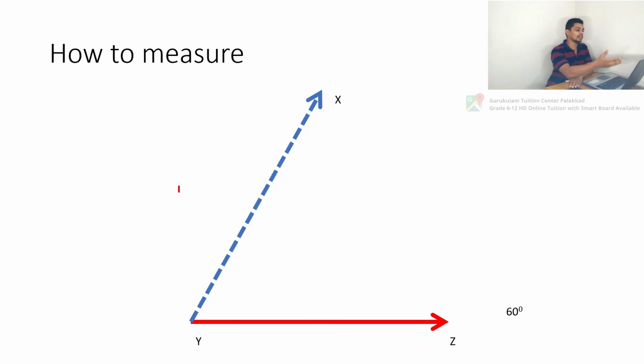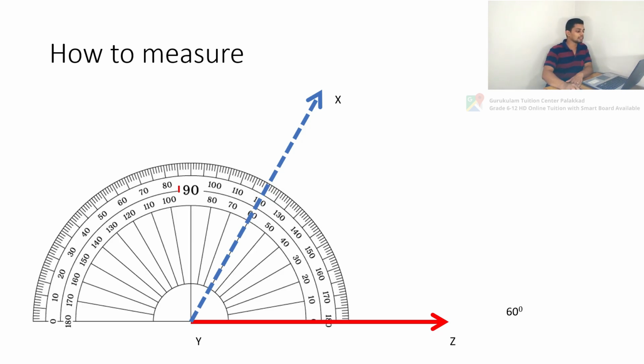We have another angle here. That angle is XYZ. We have to take the protractor and place the origin of the protractor at the vertex Y here. We are placing it here. Now when we analyze, line segment YZ is lying to the right of the origin of the protractor. So we are going to measure from here to here. When we are measuring here, 0, 10, 20, 50, so this is 50 and this is 70, and it is between 50 and 70.